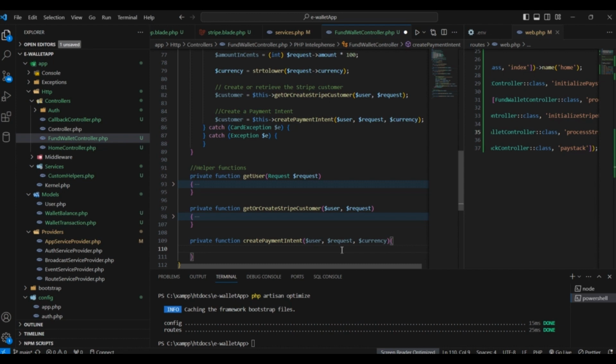Okay, so yep, amounts in cents. I think what we'll do is just copy this guy. Just copy the same guy, pass in here, and